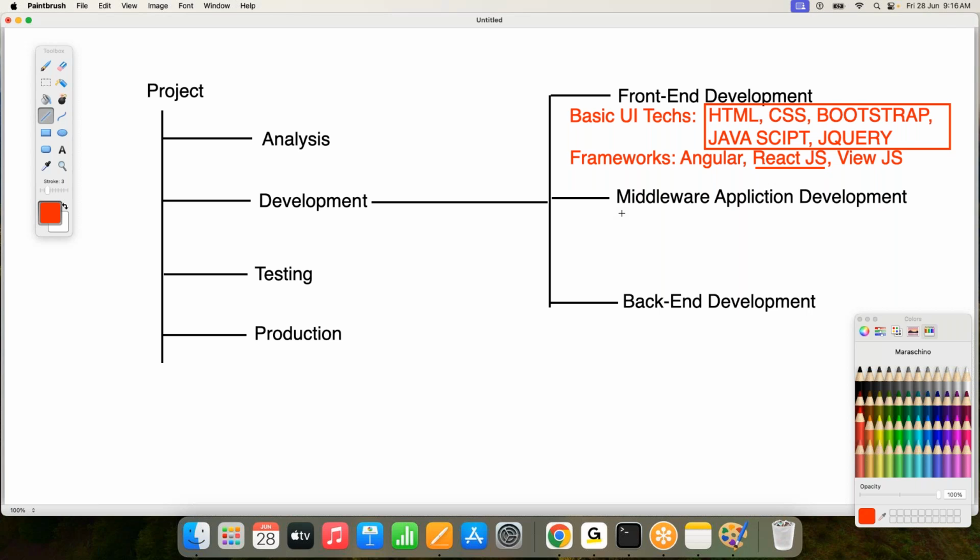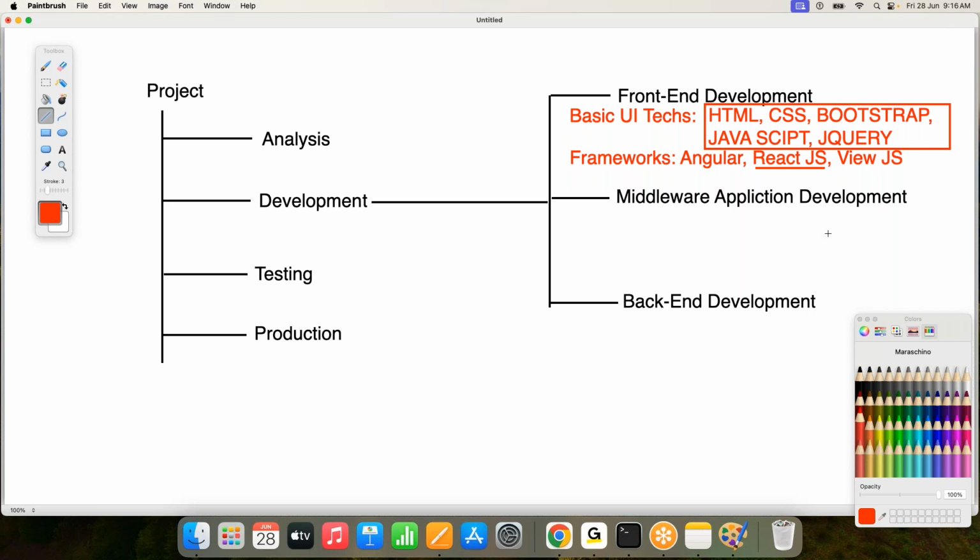So after completion of your front-end development, after preparing your forms, entering the data, and submitting your data to the server side, at the server side we need a program, an application. That application has to take your data, process the data, execute some business rules and regulations, and store your data into the databases. So definitely at the server side we need an application. That application is exactly called a server-side application. It is also called a middleware application.